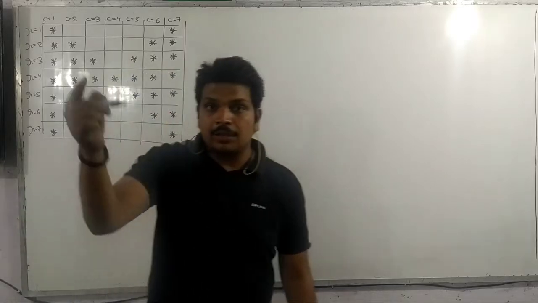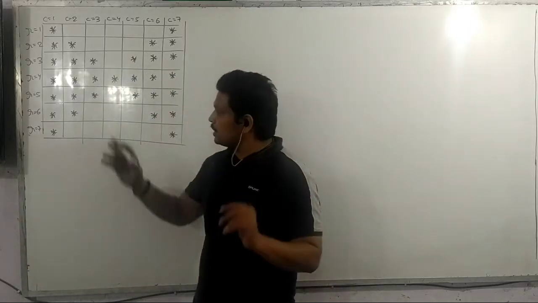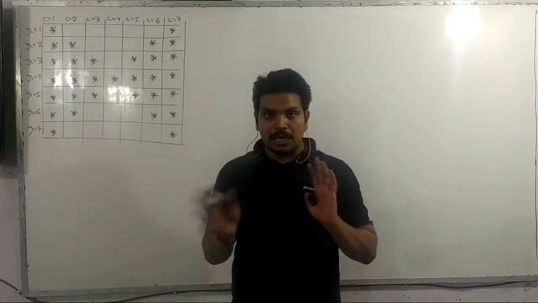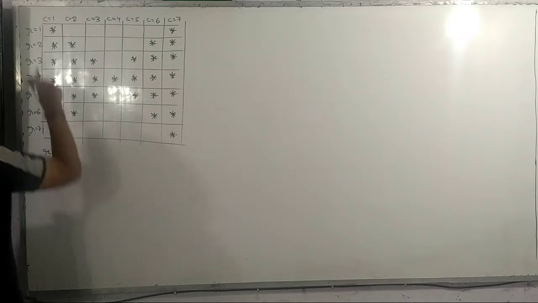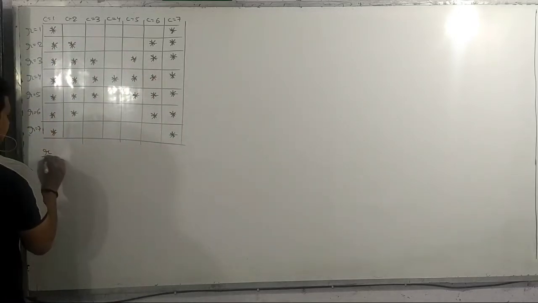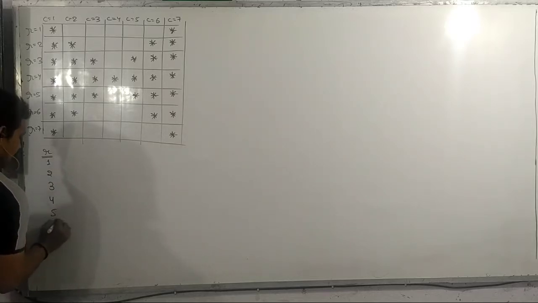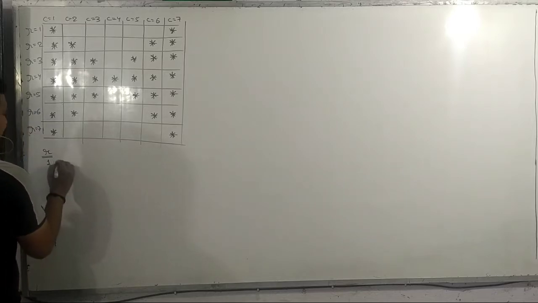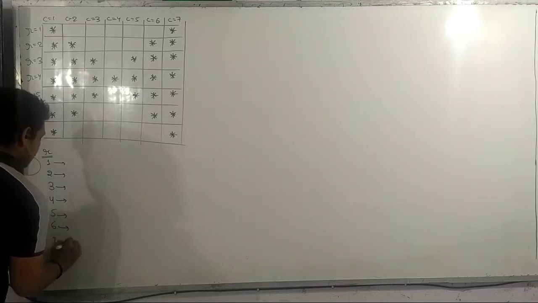So we will ask the user to enter the size of the pattern, because here the row size and column size both are same. Now let me analyze for which values of C, when R is equal to 1, 2, 3, on which values of C the stars are getting printed. So when R is equal to 1, 2, 3, 4, 5, 6, 7.